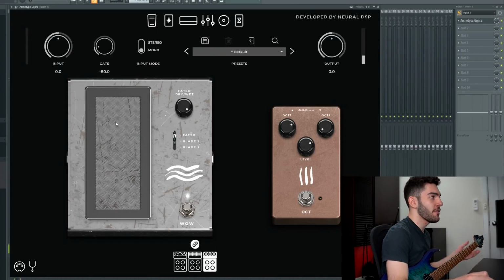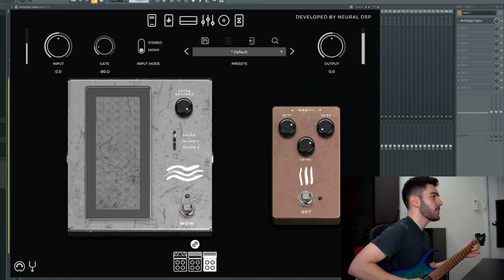pretty sure that's drop F. I can't tell straight away from my ears, but it is lower than drop A sharp, which is what I was in before. And when I turn it off,